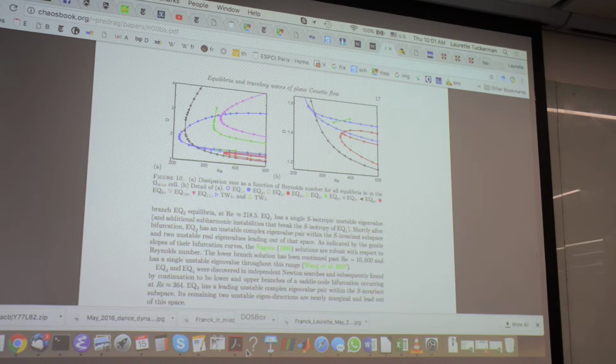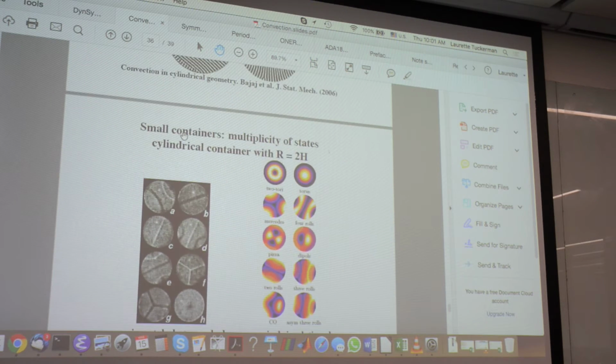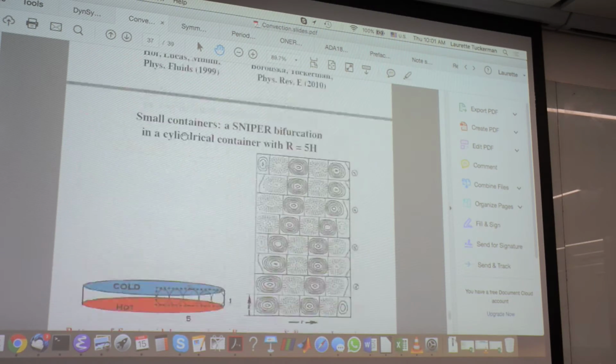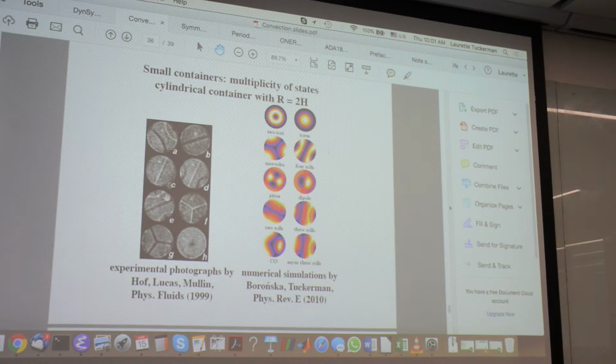In fact, hold on, I think I have a picture of also someplace here. Well, okay, I don't have quite a picture of my bifurcation diagram, but here, these are many different states, the same as Hoffes did in plane Couette flow. This is convection in a cylindrical domain, you saw the kind that I work on. And all of these states exist at the same Rayleigh number. It just depends on the initial conditions, on the history. You could heat it up high and then bring it down, and then bring it down more, and then bring it back. So there's tremendous multiplicity of steady states. Many more than this if you count the unstable ones, but this does not lead to turbulence.